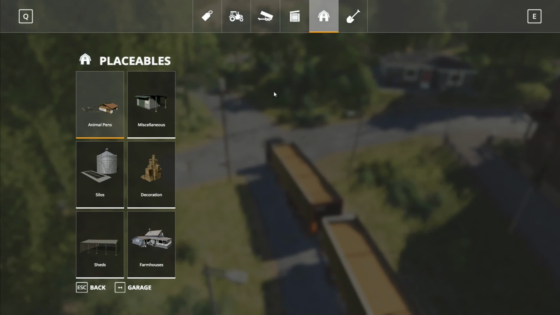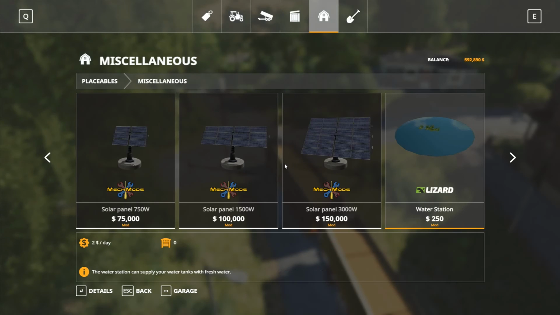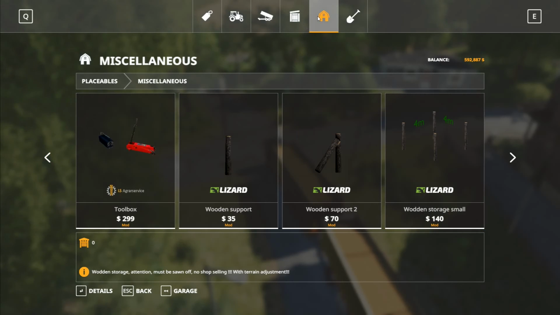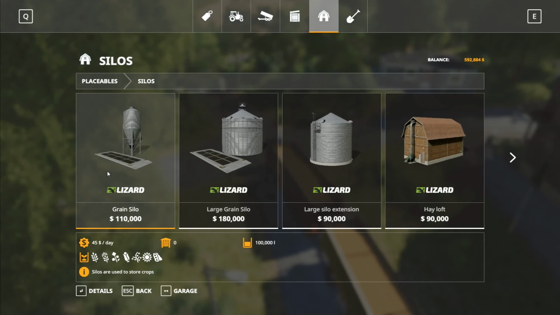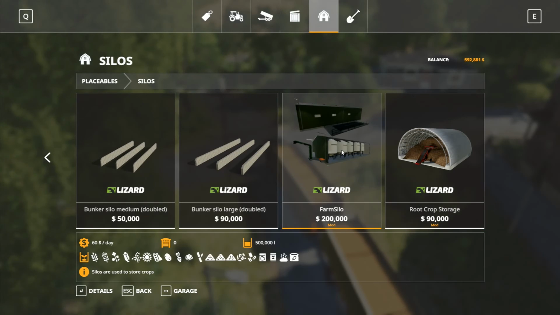I don't think I've got the mod enabled on here. Is it under miscellaneous if we do have it? It's not there. I don't think it is here then. So it'll be under miscellaneous, I think. Maybe silos, I suppose. Farm silos. Silos are used to store the crops. Right, see that there? That can be used to store just about...